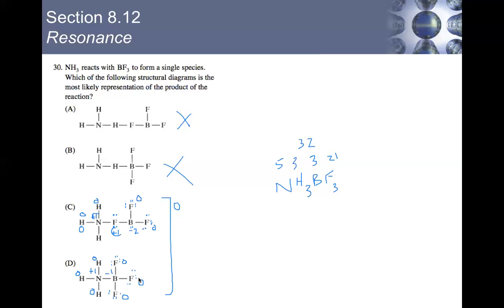So which one do you think is the more correct? D. Why? It has the most zeros, and F should never, ever, ever be +1. Yep. So Kelvin's initial observation that F is making 2 bonds affected that. F's always your most electronegative. It always is going to be a negative, if not a 0. Okay. So your answer for that would be